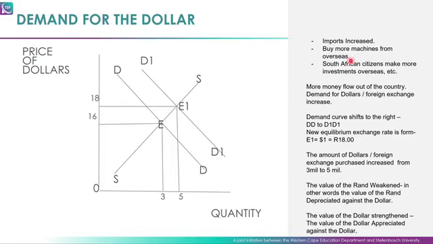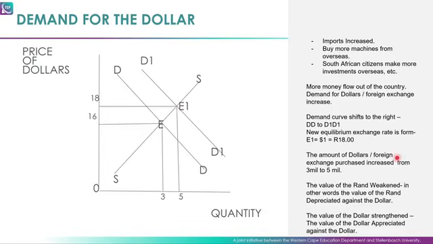Right. So very quickly, imports increase, buy more machines from overseas, South African citizens make more investments overseas, etc. More money flows out of the country, so the demand for dollars or foreign exchange increases. The demand curve D shifts right to D1. The new equilibrium exchange rate is from E to E1, okay, where the equilibrium price is 18 Rand, and then